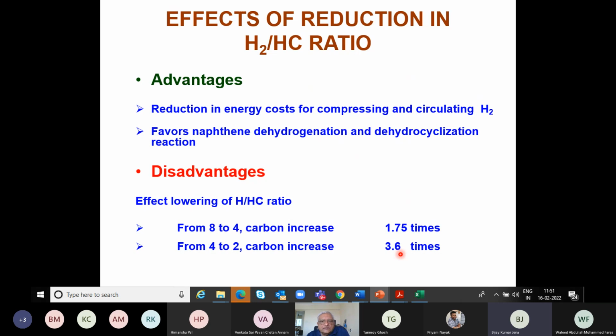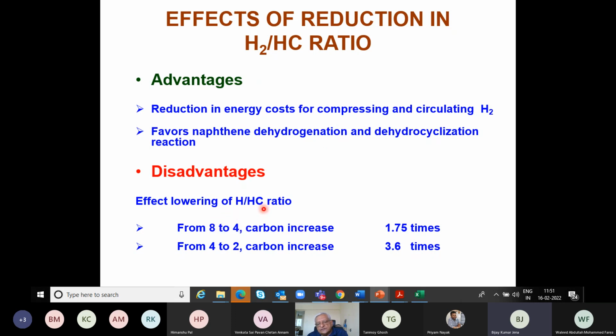If you reduce it, of course, it helps in energy cost for the compressor which is circulating that recycled gas. And of course, you have less pressure drop in the reactors, and it favors naphthene dehydrogenation, because naphthene dehydrogenation produces hydrogen, and it's an equilibrium controlled reaction. So if you have less hydrogen in the feed, to that extent you push the equilibrium towards the right, that is towards benzene. The disadvantage is, of course,